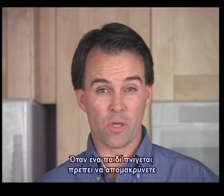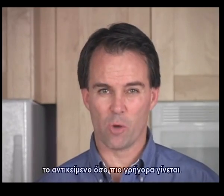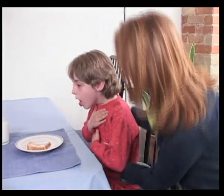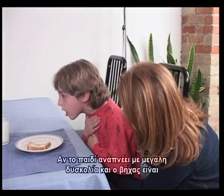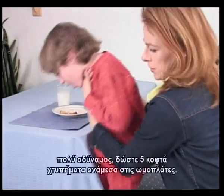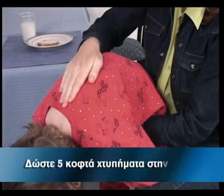When a child is choking, the aim is to dislodge the object as quickly as possible. If the child is coughing, keep encouraging him to keep coughing. That's a good boy. Just keep coughing. If coughing becomes very weak, deliver up to 5 sharp back slaps in between the shoulder